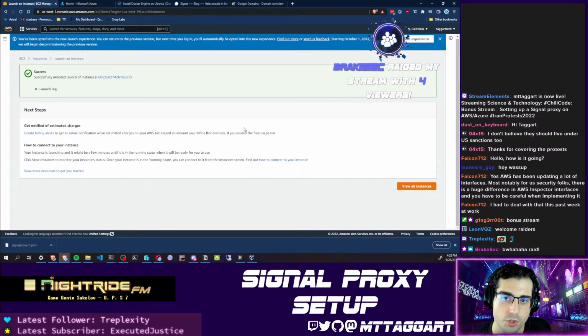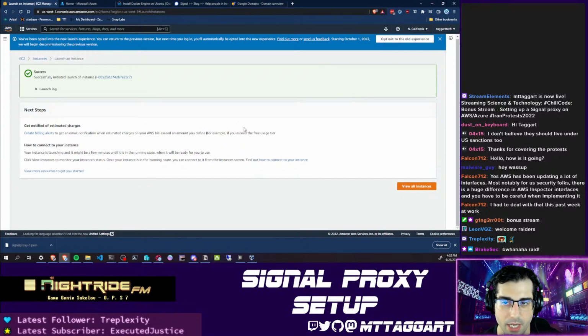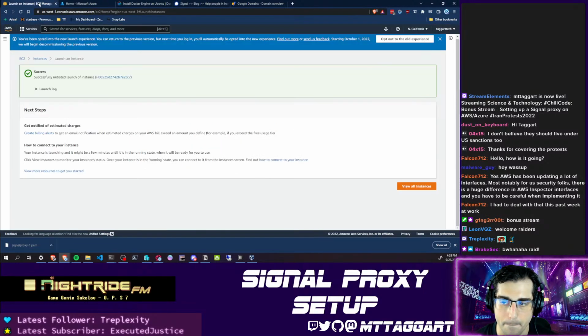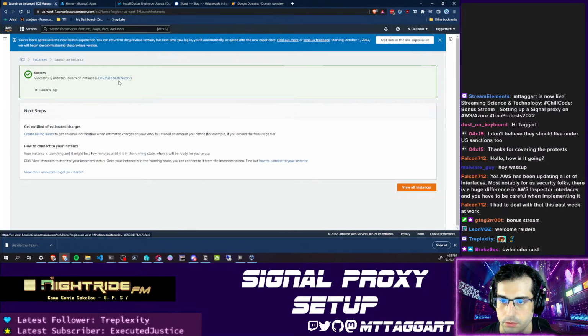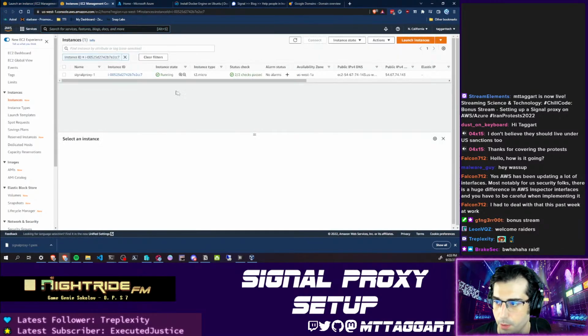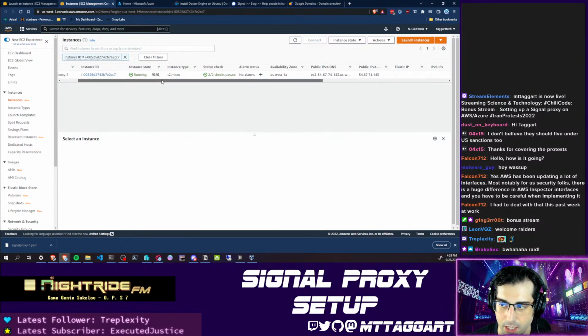For those of you who are just joining us, we are demonstrating how to set up a Signal proxy server on both AWS and Azure in support of the Iran protests, as was requested by the Signal devs. So we're going to do that. So we just launched, I hope, our EC2 instance. How are we doing? It's up and running. It has a public IP. Very, very good. So in order to connect to this thing,